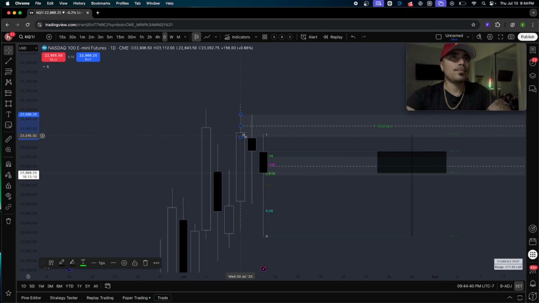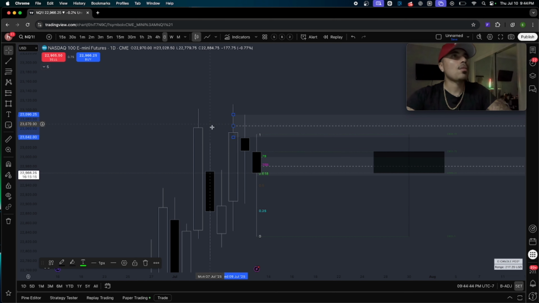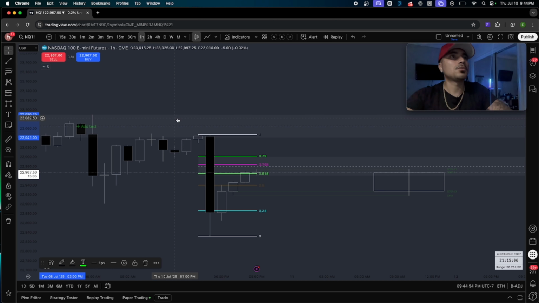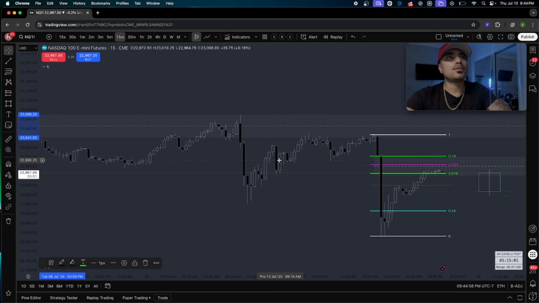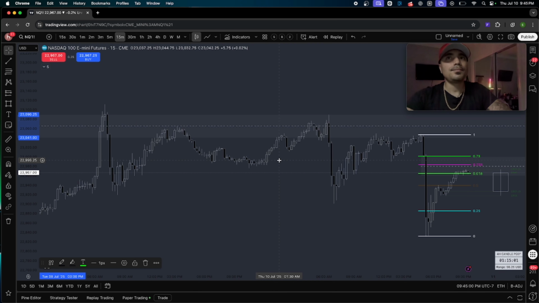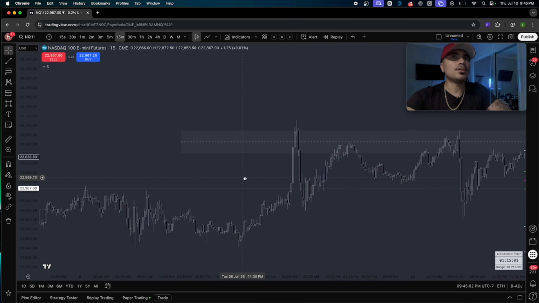Mark out this previous day wick, and price came up and bounced right off it, right? Obviously, this is hindsight, so I can easily say, oh yeah, it respected the wick. But once you mark that out and you go into these,